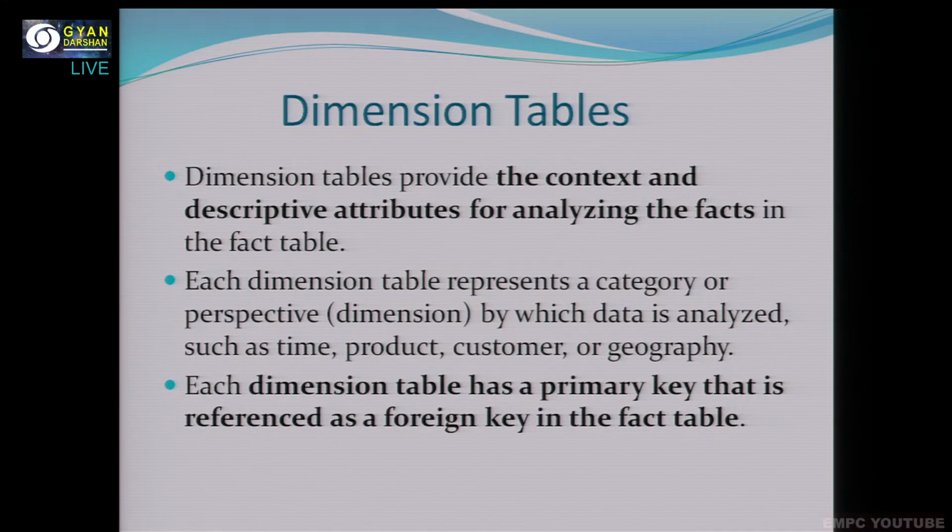All these things form a dimension to the fact table given, and each and every dimension table consists of one particular primary key which will be referred to in the fact table as the foreign key. Each dimension table represents a category or perspective by which the data is being analyzed, like time or product or customer or geography. Each dimension table has a primary key that is referred to as a foreign key in the